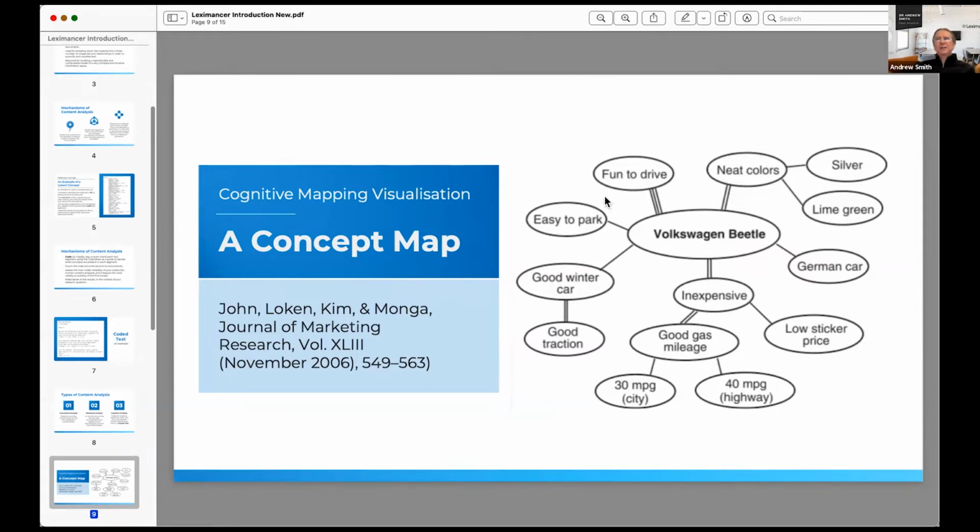What you can see here is there's a frame at the top of this map of aesthetics, things being fun and neat. Whereas at the bottom, it's more pragmatics. Things are inexpensive, or they're good to drive, they have good handling characteristics. So perhaps this is more pragmatic and this is more aesthetic.